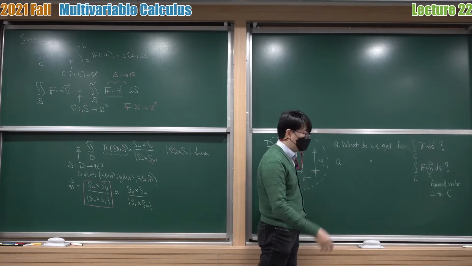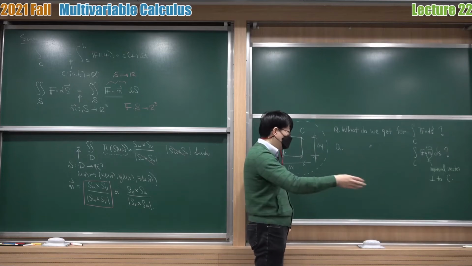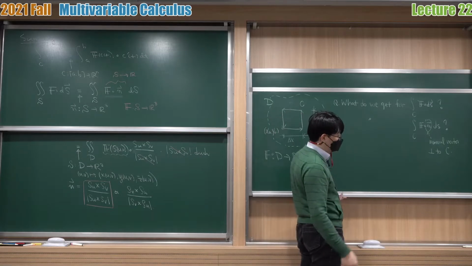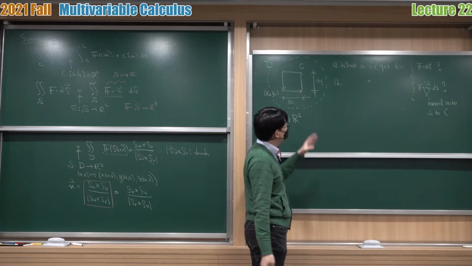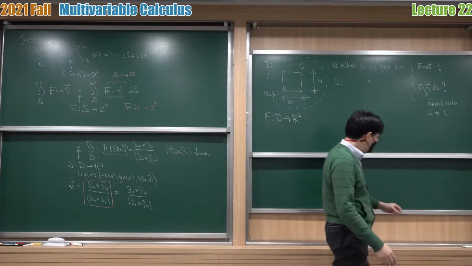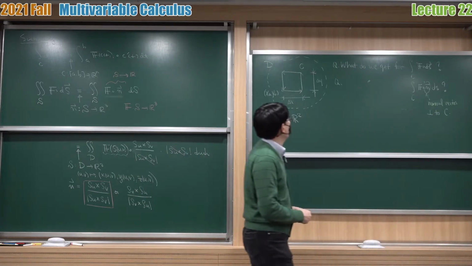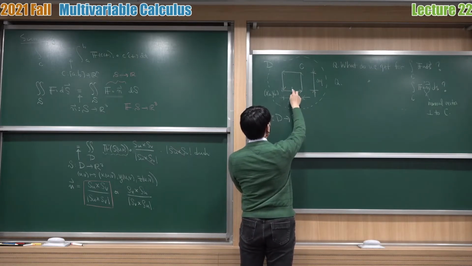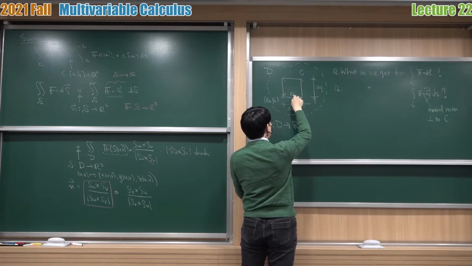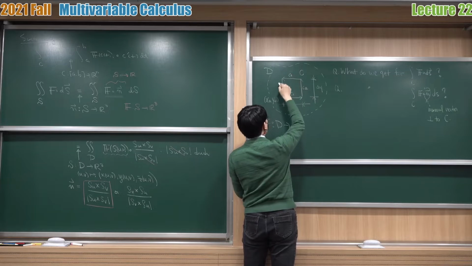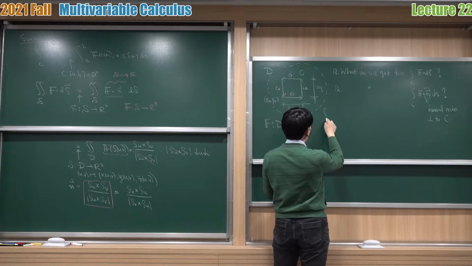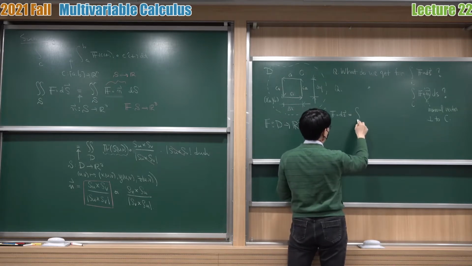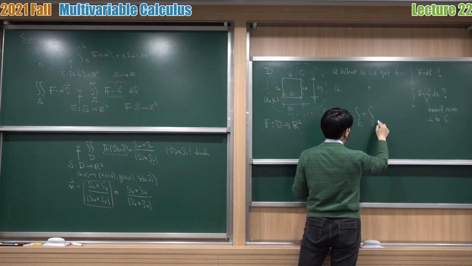But as we said a long time ago, omitting one or finitely many points on the integration domain doesn't change your integration. Okay, so here are our two questions. Let's think about the first one. So let me make a label here. So this is the C1 curve, C2 curve, C3, and C4, okay? So when I talk about the integration of the vector field along C, I can split that into 4 line integrations,